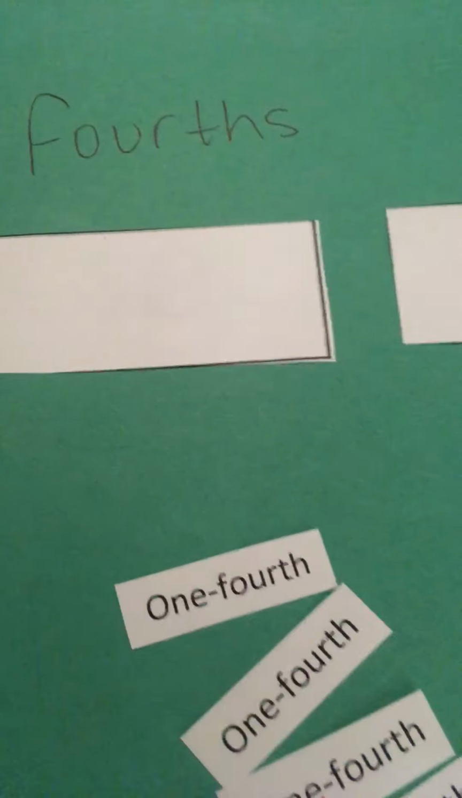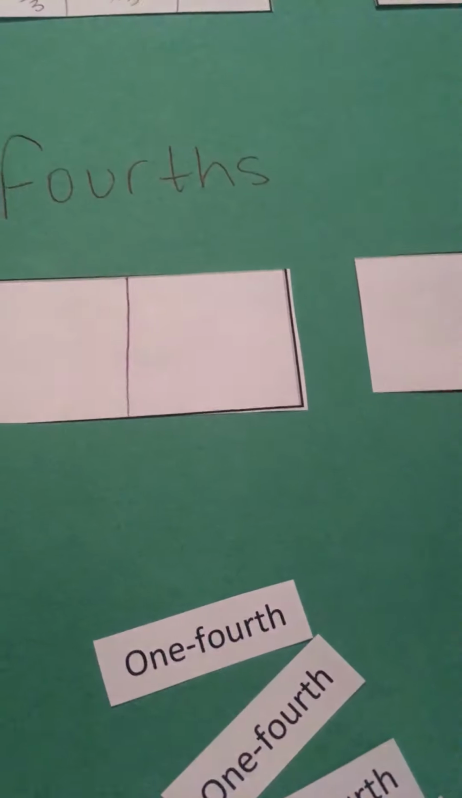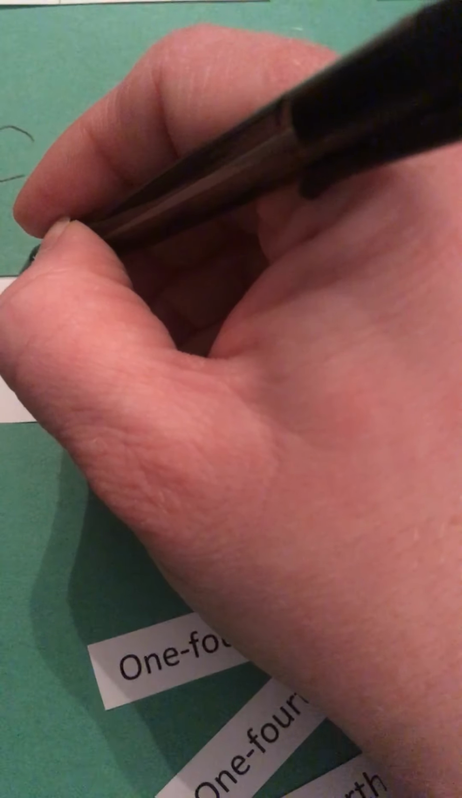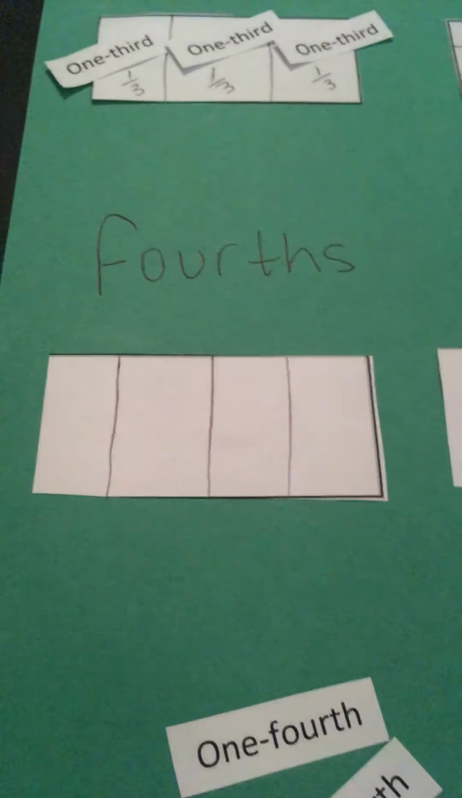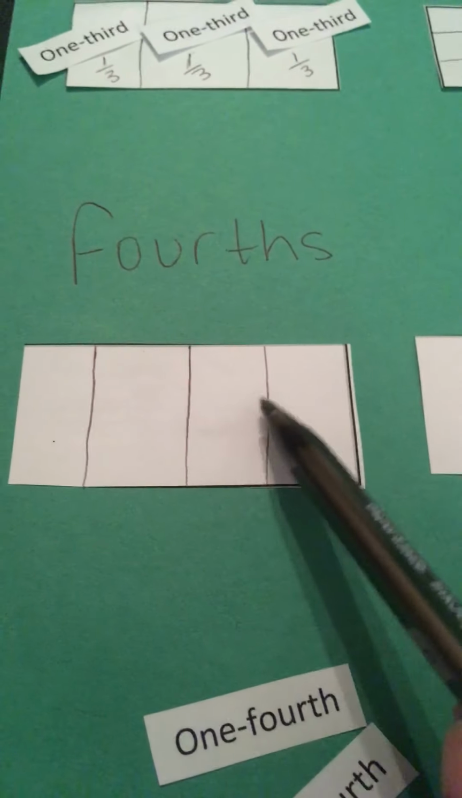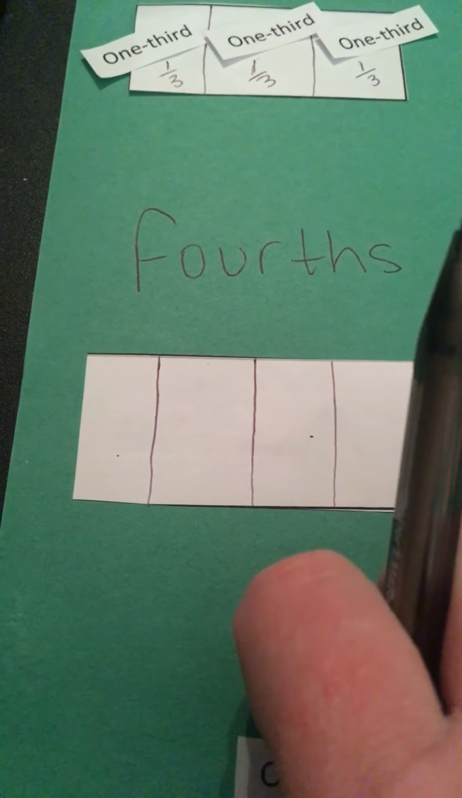Well, let's partition into fourths. So before we did halves. So I just split it down the middle again. And now I'm going to create 4 parts. 1, 2, 3, 4. And I'm going to label those parts as